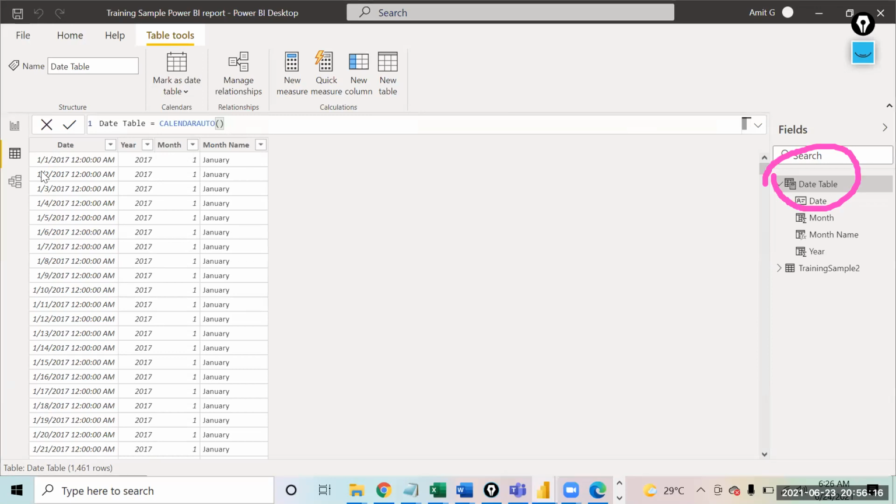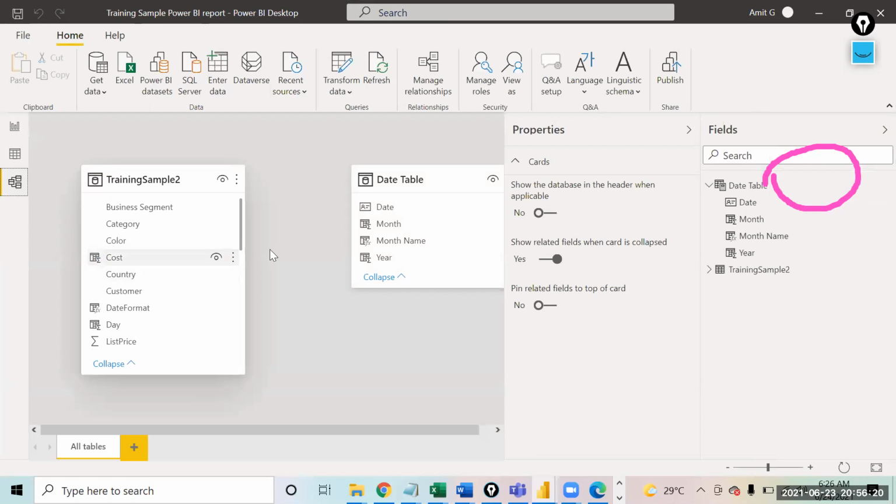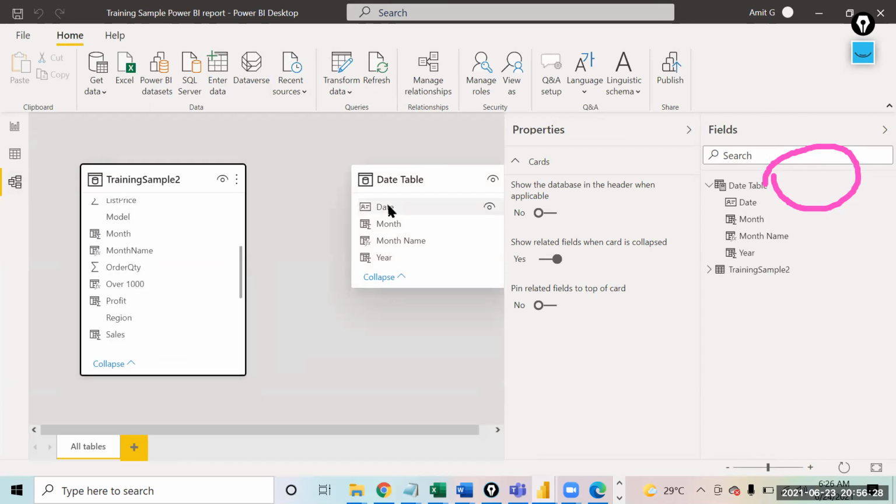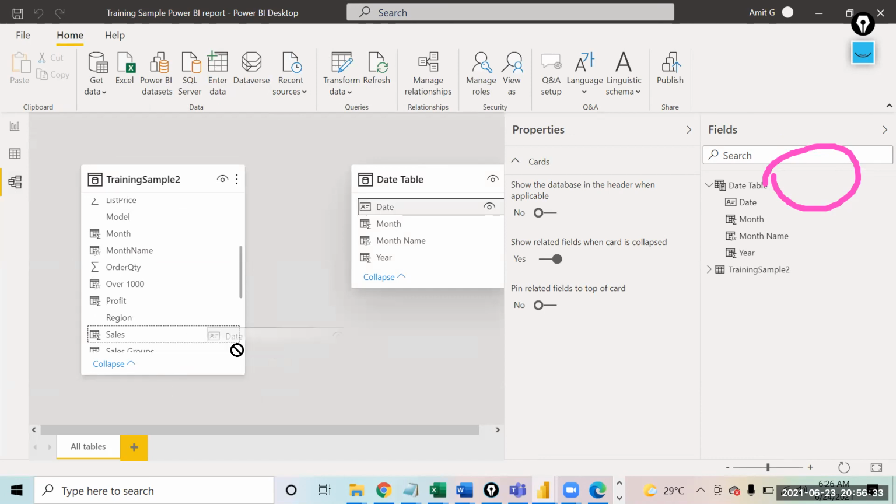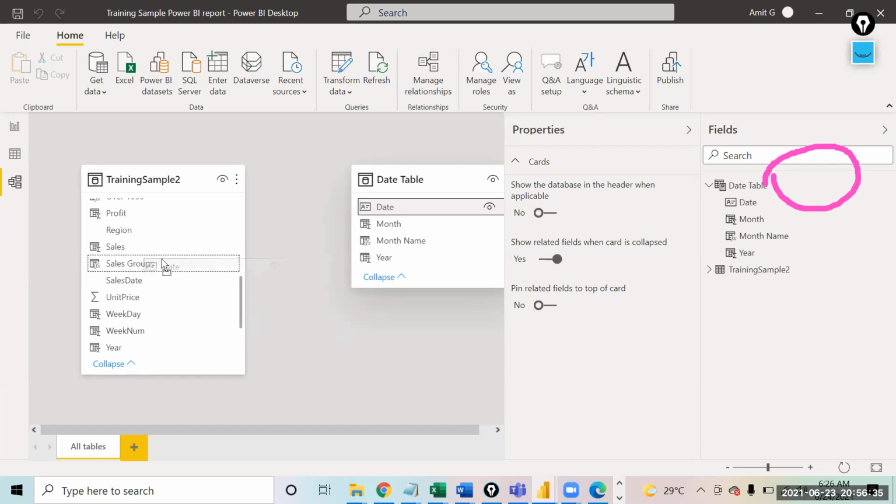Now the only thing that we need to do is make a connection between these two data sets. And what is that connection? That connection will be on the basis of date and sales date. So this connection has to be made.